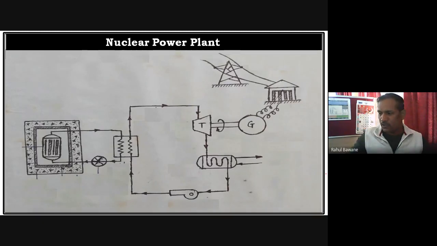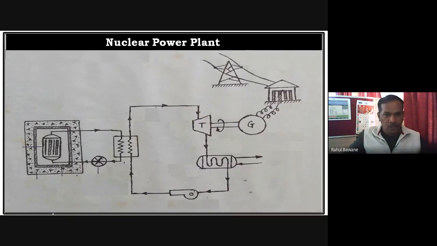Okay, so let's start one by one. I am going to explain how it is working. So if you observe, this turbine, then generator, then step up transformer, then this HT line and this HT line cable and that transmission system, this part remains as it is in every power plant.